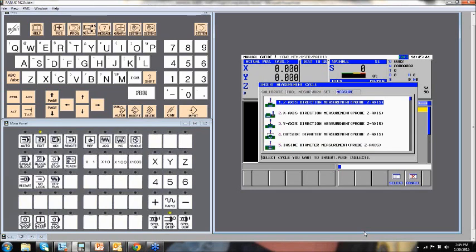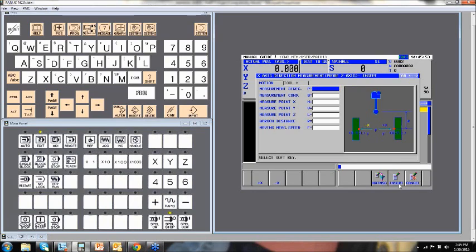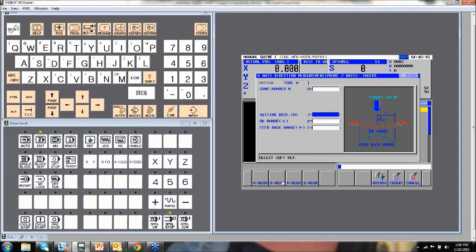Also, we have all the different measurement cycles. And we got 14 different of those also. And with this, like if we want to measure in X, I'm just going to select that one. Again, it's just X minus, measurement condition 1, 0 and 0, 0 and Z. The approach distance, it's just your arc length, 1 inch, and then a measurement speed. And then again, you tell it the comp number, what you want it to end up being, and the OK